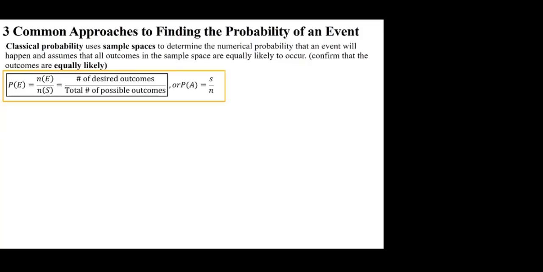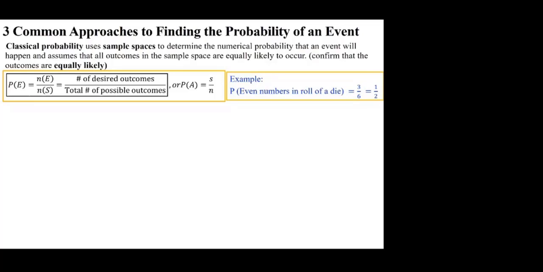Now, I'm showing you different notations here. In some cases and in some texts, S is used to represent the sample space. I want you to be exposed to that, but I want you to realize at the same time, we are not bogged down with just the formula that they give us. We understand the concept. And so as an example, the probability of an even number in a roll of a die would be the total number of even numbers that we have.